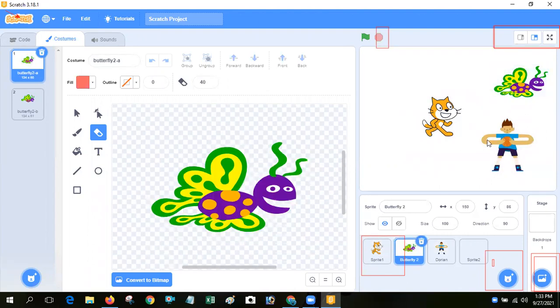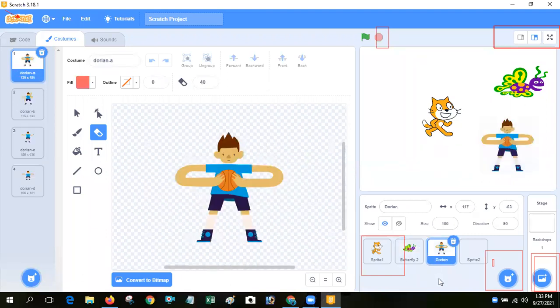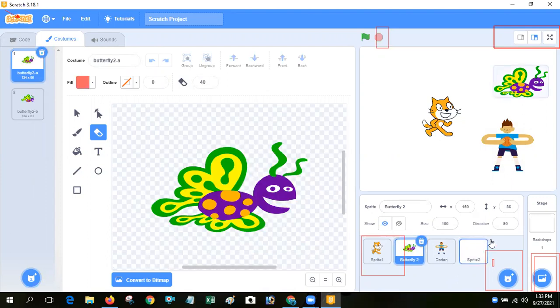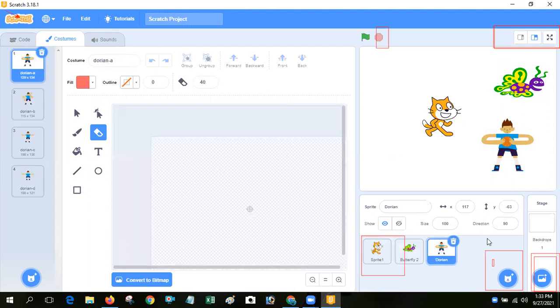Butterfly sprite background color is white. So I have to delete it.